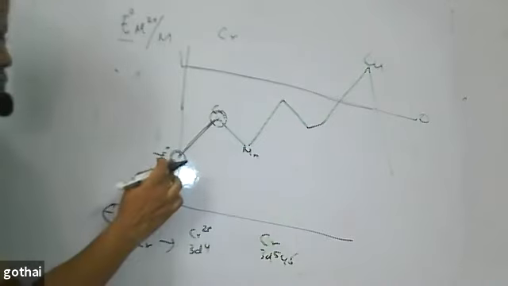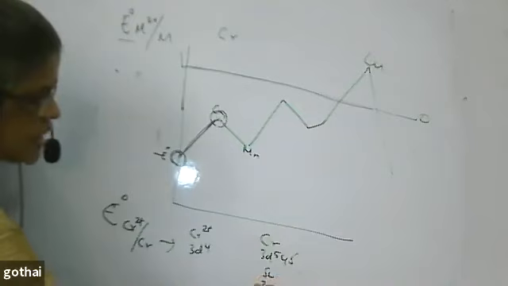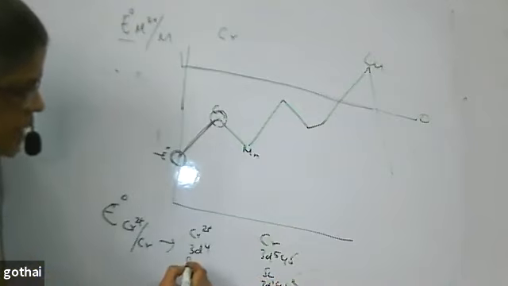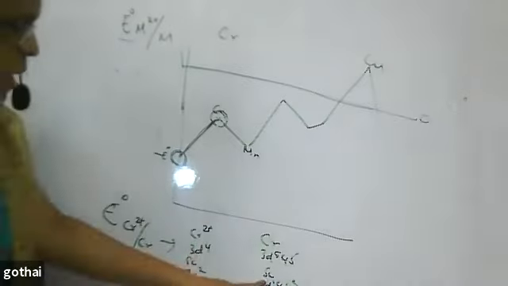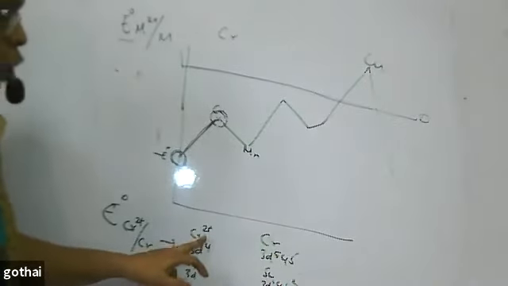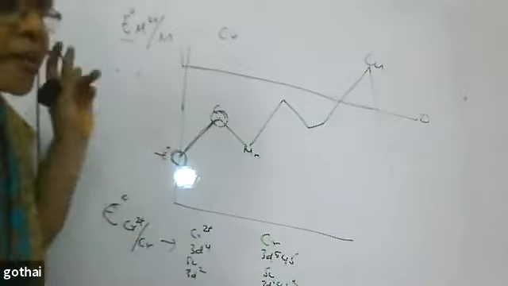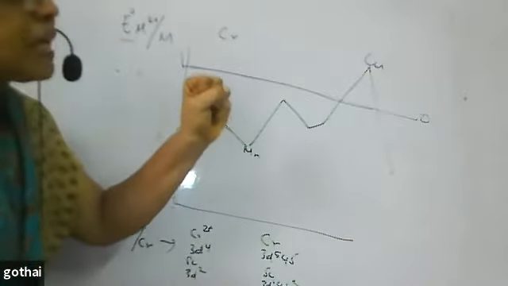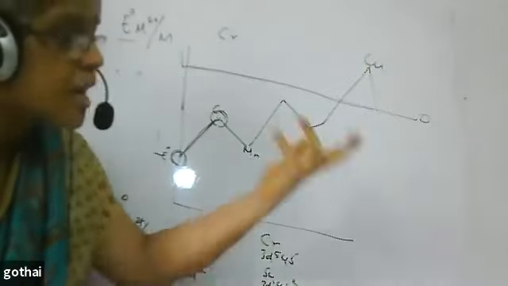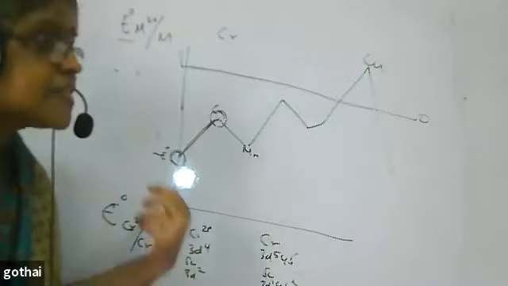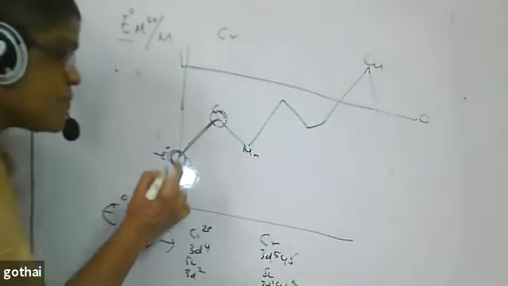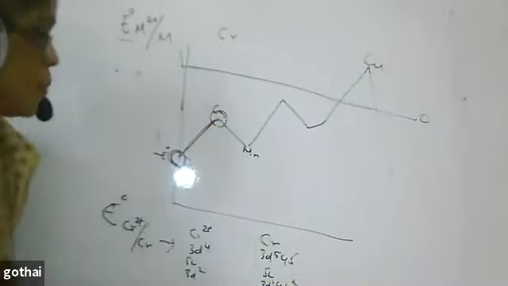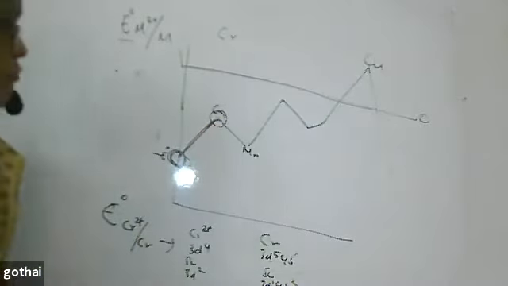If I take scandium, it is 3d1 4s2. Scandium 2+ is 3d2. So which is ready to lose? Scandium is ready to lose 2 electrons, whereas chromium finds it very difficult to lose electrons, because the size of chromium is smaller and the effective nuclear charge is higher. Losing 2 electrons is very difficult for chromium compared to scandium. Scandium is larger in size. So scandium acts as a very good reducing agent compared to chromium, if I compare these two.